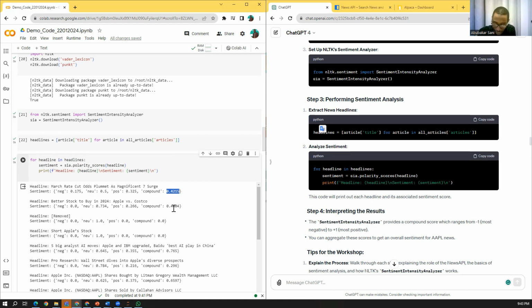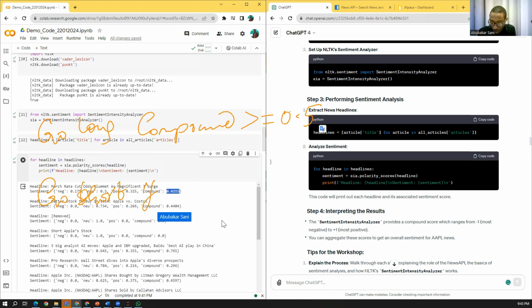For example, I'm going to buy Tesla if this compound is greater than or equal to 0.5, this is go long. I'm going to go short if compound is less than or equal to minus 0.5. Okay, so this is what I'm trying to do.